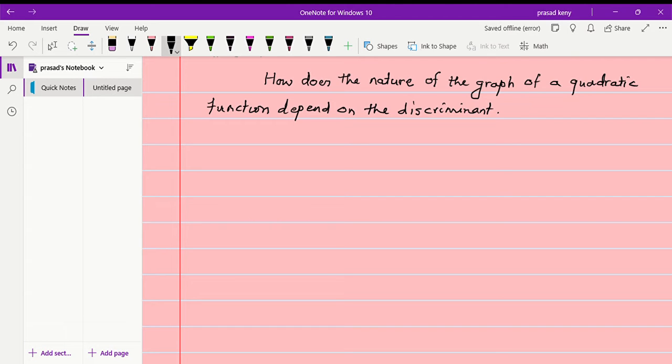Hello students, in the last class we had studied about the discriminant of a quadratic equation. The discriminant is b square minus 4ac. Secondly, keep it in mind that roots of